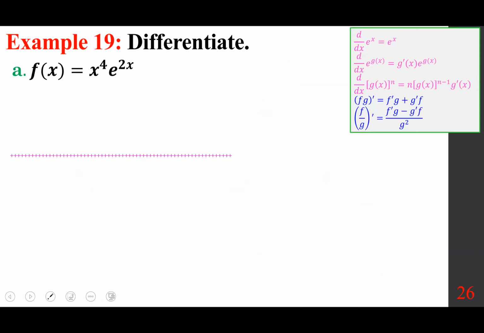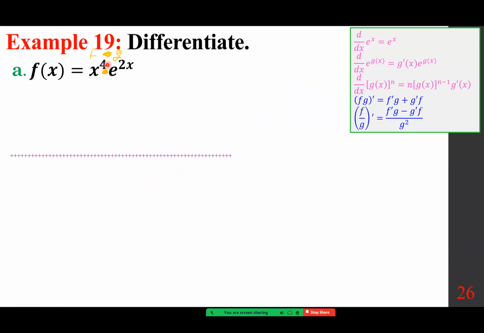f of x is x to the power of 4, e to the power of 2x. The first thing I do, I put a raised dot in between. So I'm going to call this the f function. And I'm going to call this the g function. So it's f prime g plus g prime f. I'm looking at the product. So f prime